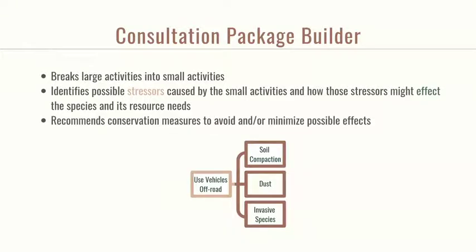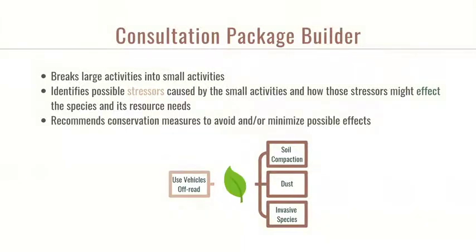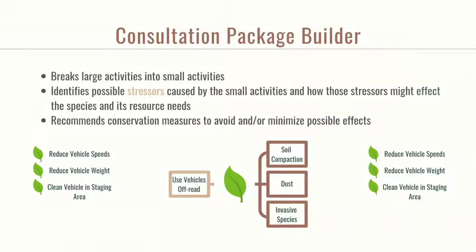The last thing that the CPB does is that it will recommend conservation measures to avoid and/or minimize possible effects. So in this case, we're going back to the use of vehicles off-road, the generation of dust. The CPB will deliver a conservation measure that is generally aimed at breaking that link. And you might see things like reduced vehicle speeds or reduced vehicle weight. And these will help you, hopefully, if you implement them in your project, avoid or minimize possible effects to the